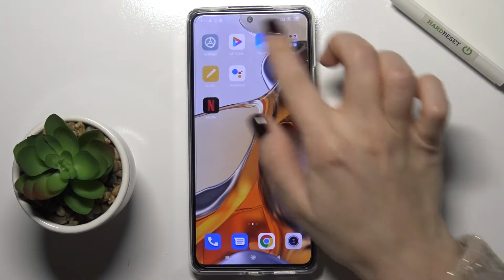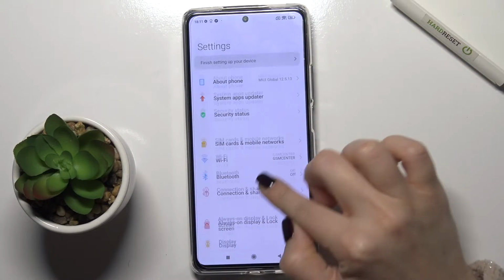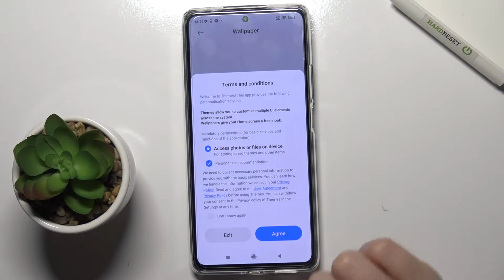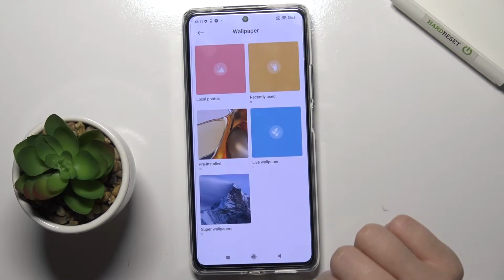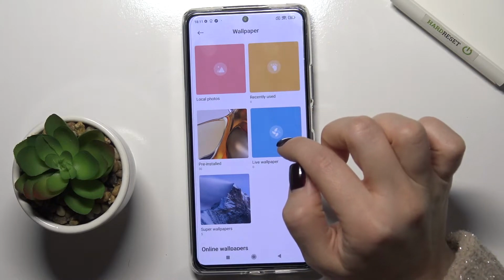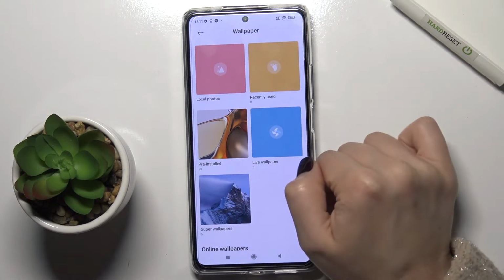So first you should go to the settings and here scroll down. Find just there the wallpaper section and tap on that. Tap yes, agree, and as you can see, you can choose your lock screen or regular wallpaper from the local